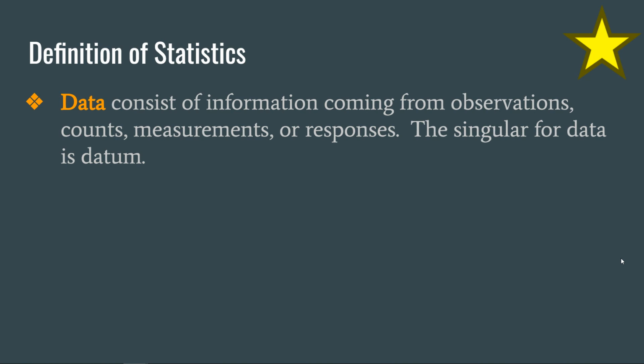So an example of the type of data that you might see is if you were observing your classmates, you might count how many of those people were male or female, were blonde, brunette, or redhead, were wearing hoodies. Measurements that you might take is you might have everybody stand up and you would take their height or survey them for their heights. Responses might be, you might ask them, who do you plan on voting for in November? Democrat, Republican, or Independent? So those are the different types of data that would be gathered.